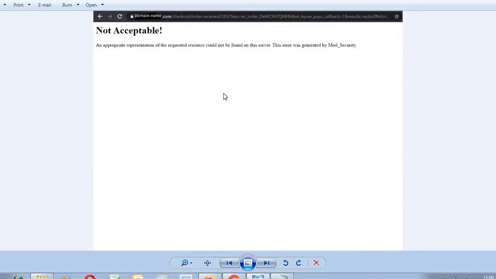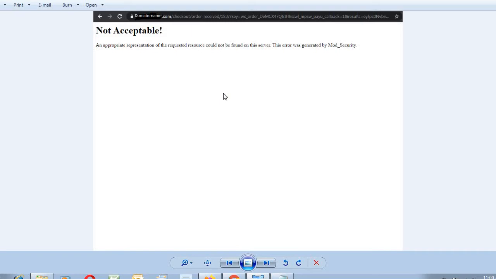I'm explaining based on the WooCommerce error, when the customer is trying to pay. If you are using WooCommerce in WordPress with any payment gateway, for example PayUmoney, or some other gateway that you want to integrate into your website, it can be done by installing WordPress plugins.